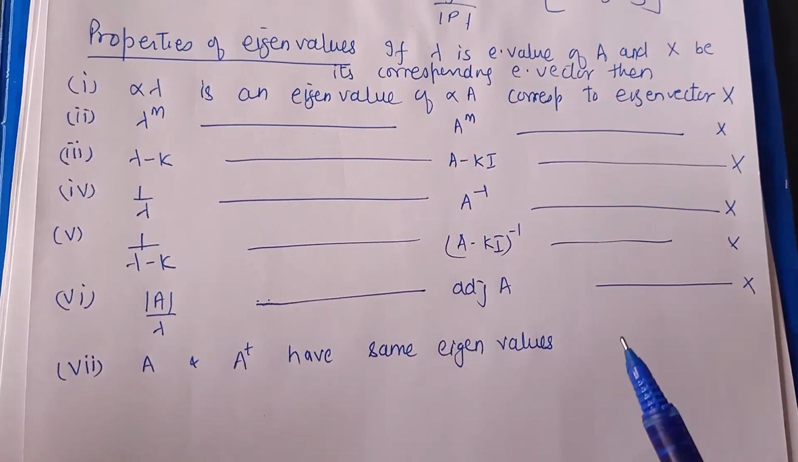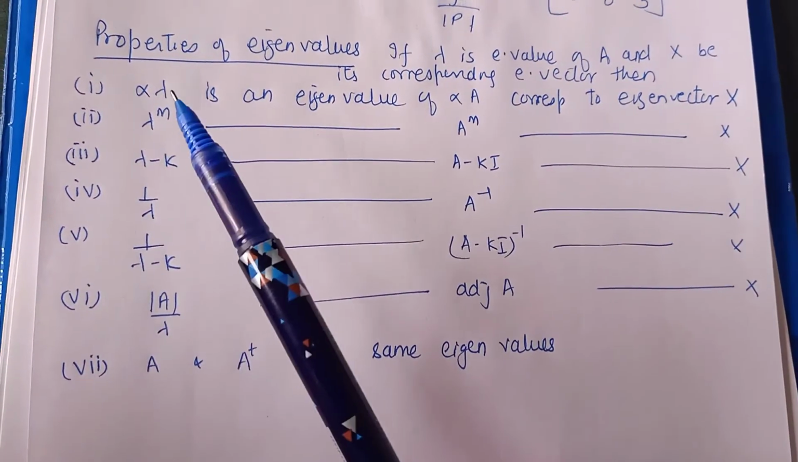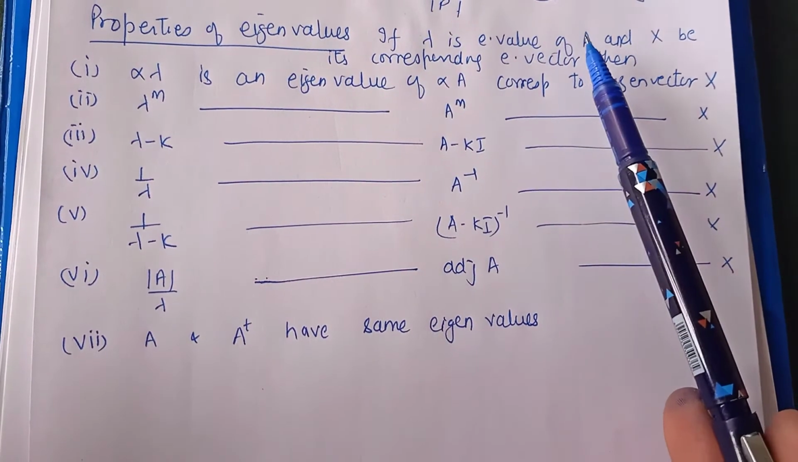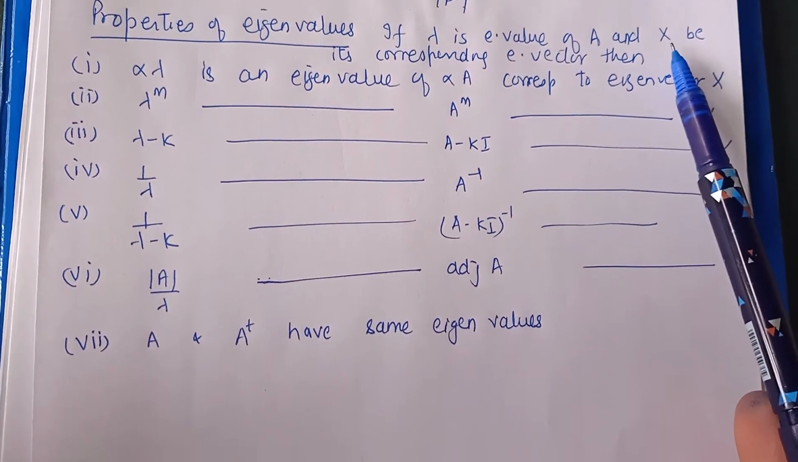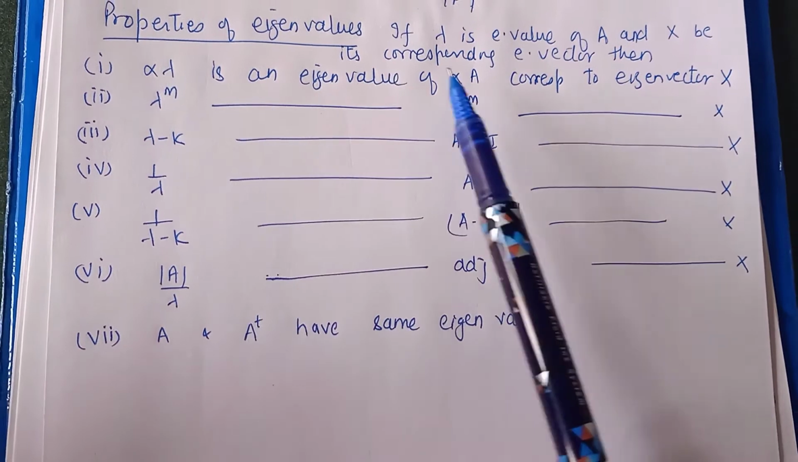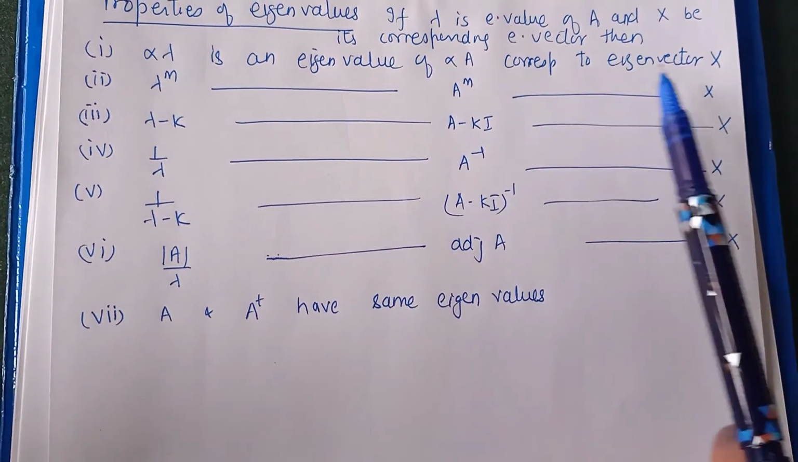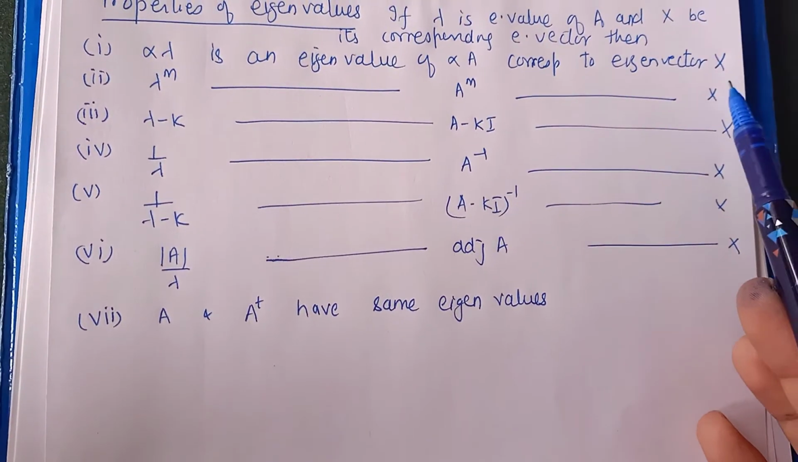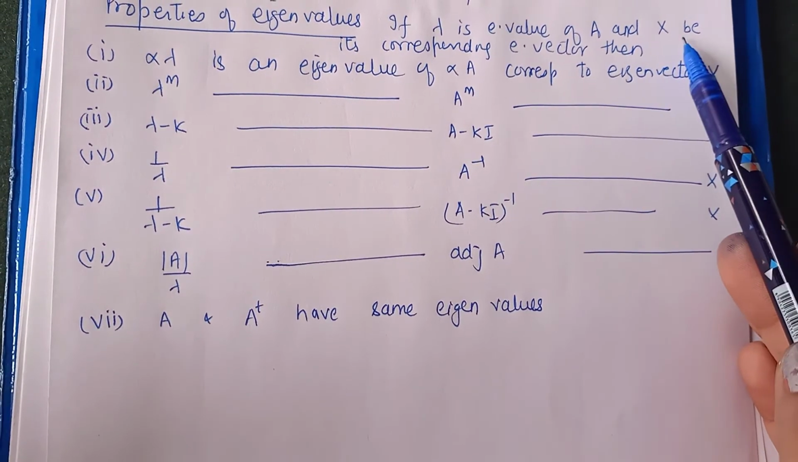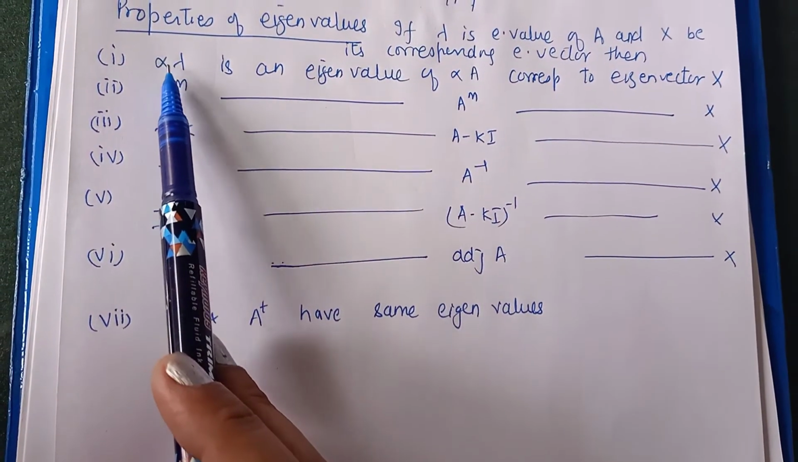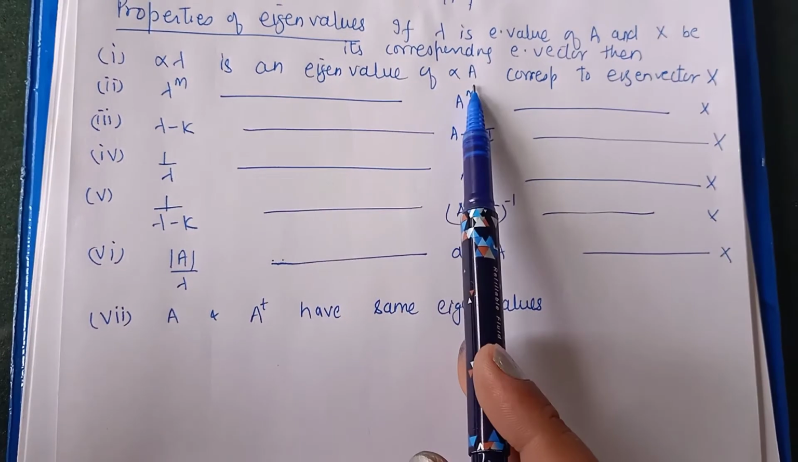Next we have a few properties of eigenvalues. First is, if lambda is an eigenvalue of A and the corresponding eigenvector is x, then alpha lambda is an eigenvalue of alpha A corresponding to eigenvector x. That is, the eigenvector will remain the same and the eigenvalues will be multiplied with the same quantity as you have multiplied